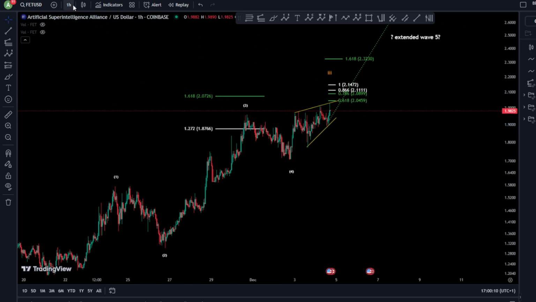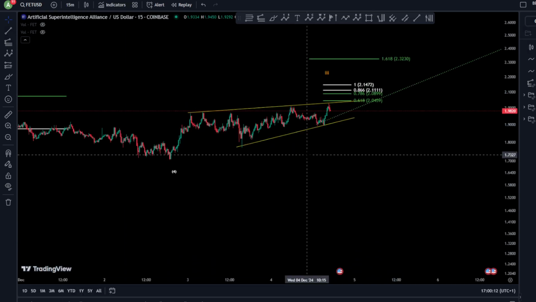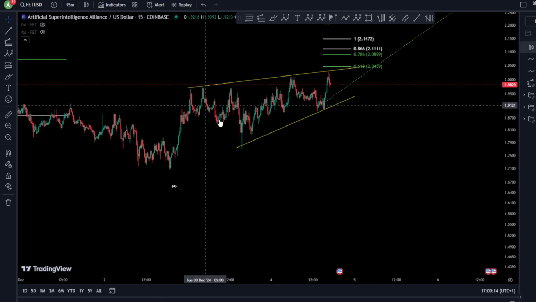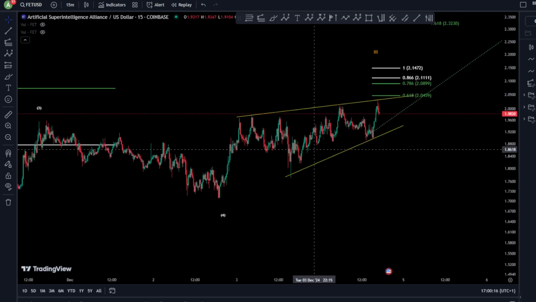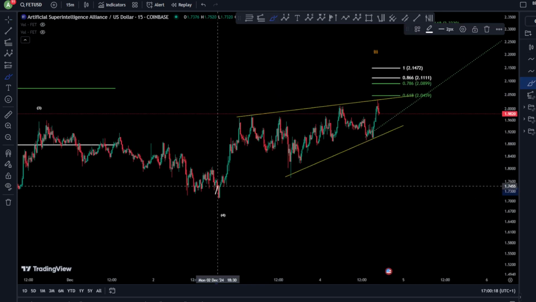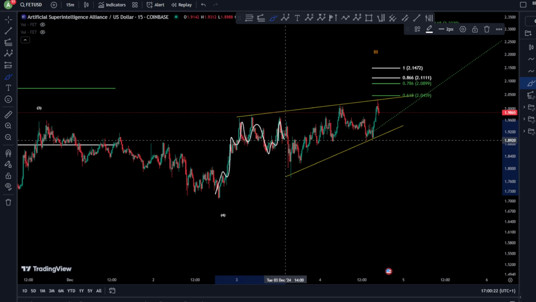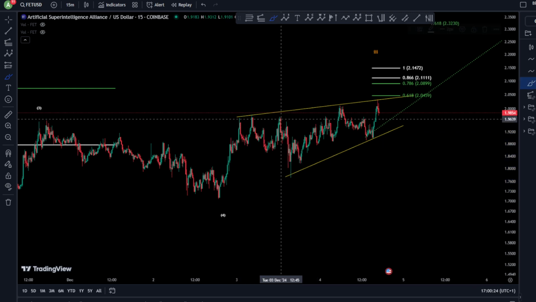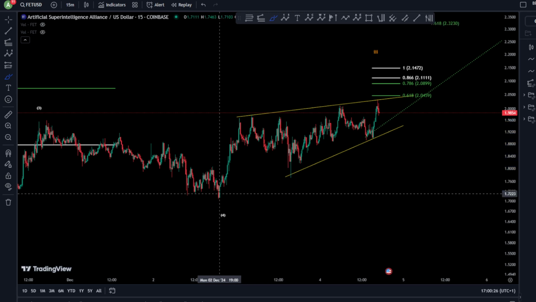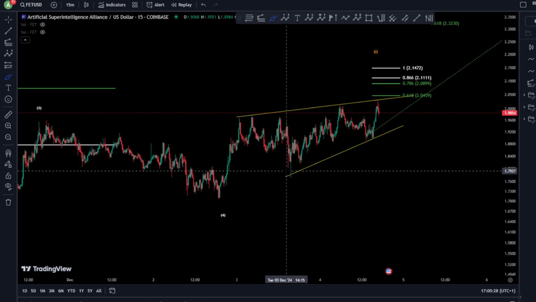So yeah, how do we get an idea that we are in an impulse? First, we need to check a little bit on the 15-minute chart. For each 1-2, in case we have a 1-2, 1-2 here, if you have 1, 2, 3, 4, 5, that's perfect, and then A, and then B, and then C. That's totally fine. That's perfect, finishing a wave 2, so as 1, 2, that's awesome.